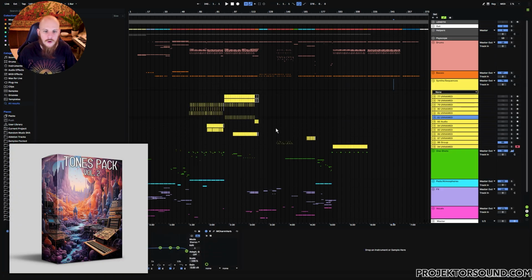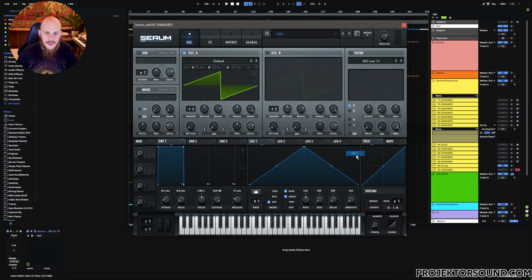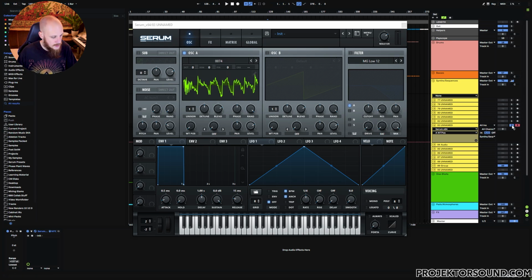This is something that happens every once in a while with my Tone Spec, which is a product that I sell over on my Gumroad. The Tone Spec is just a whole big collection of individual cycles. So the wavetable position over here does nothing. It is just a whole bunch of different individual tones. That is, of course, why it's called the Tone Spec. And the cool thing about it is that you can just play it,